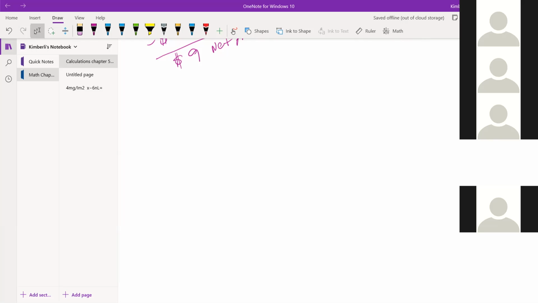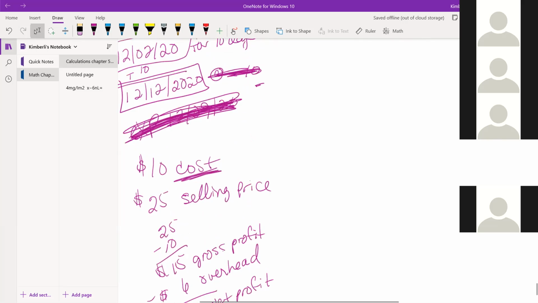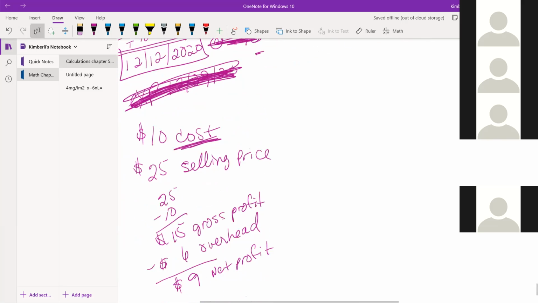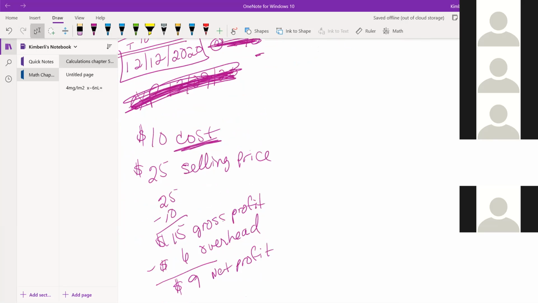Let's look at markup, which is over on page 459. The markup amount is the difference between the purchase cost of the drug and the selling price of the same drug. So markup is similar to gross profit. So if you pay 10